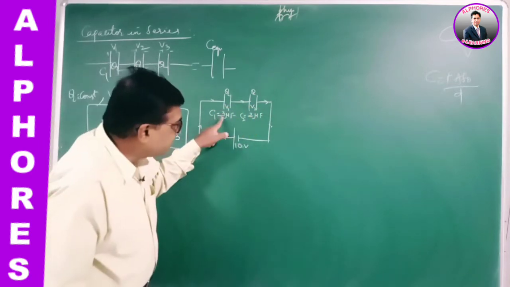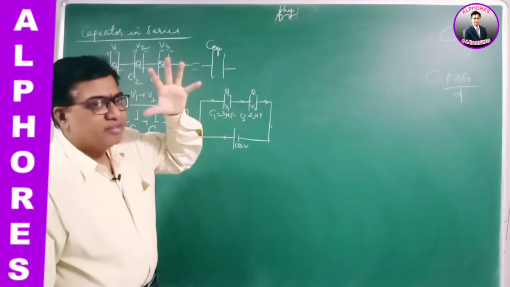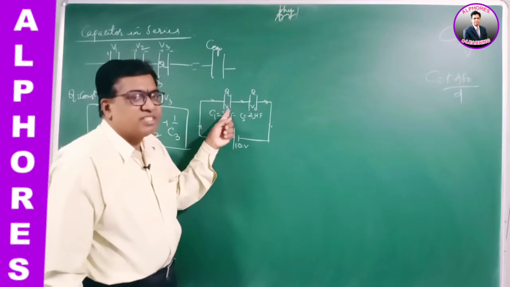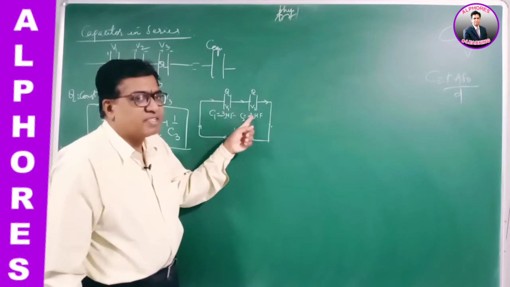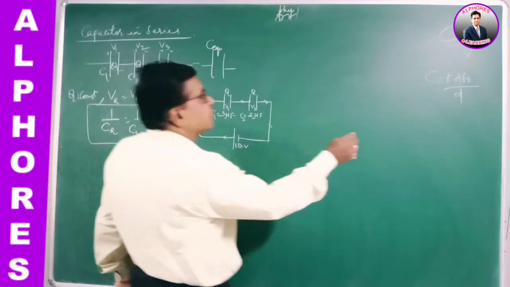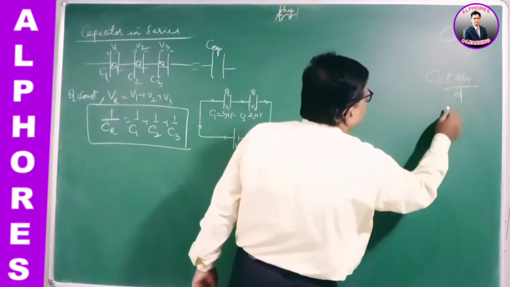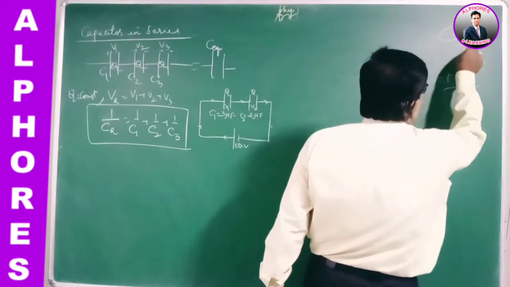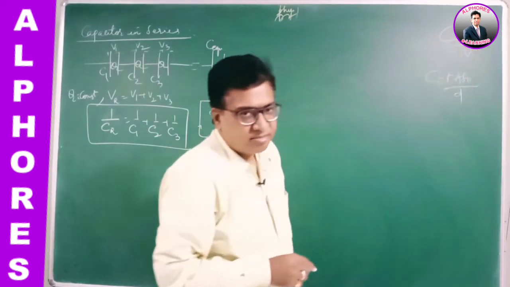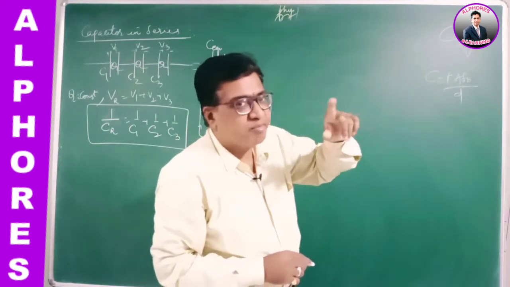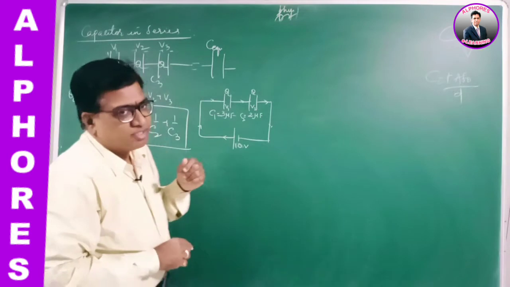You see, this is a bigger capacitor, 3 is bigger. For the same amount of charge, the potential will be less. So in this one, the potential is less. Here, this is a smaller capacitor. Capacity is small, the potential is small. You know, I was telling you, C is Q by V. When charge is same, capacity and potential are inversely related. For a bigger capacitor, potential will be less. For a smaller capacitor, potential is small. You have to make out the thing like this.